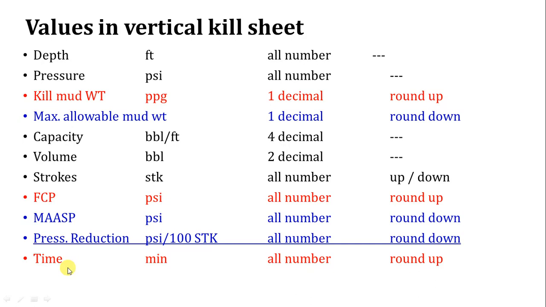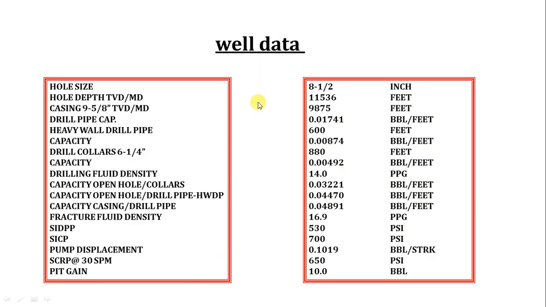Time in minutes. There is nothing here called 1 minute point 5, or 1 minute point 6. It's a concrete number and it has to be rounded up to give you more time for the killing. So it's a very important question. Now there is data of a well, and we will revise it and see how to solve